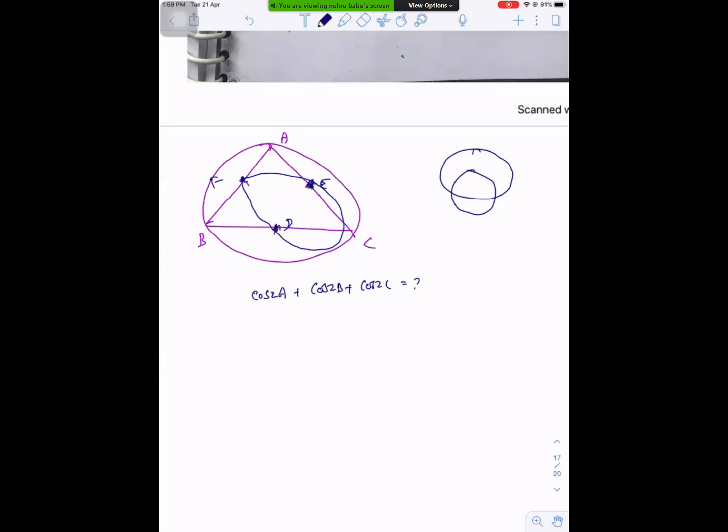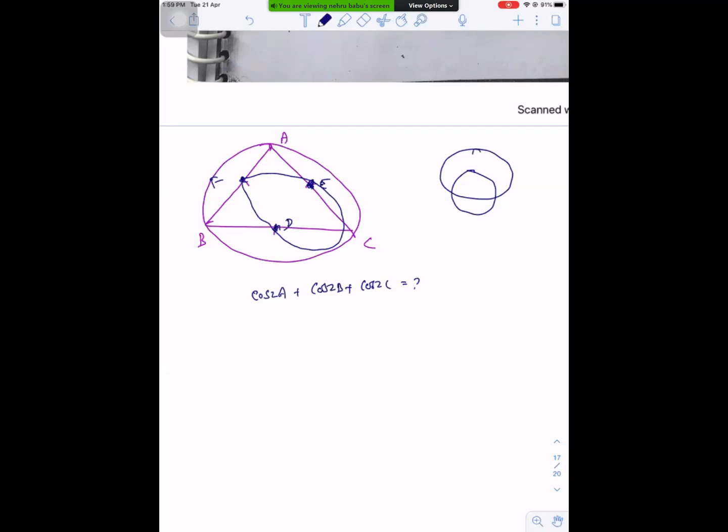Sir, the triangle has to be obtuse, no, sir? Which one? This triangle has to be obtuse. Here, whatever it may be, we are not thinking about that. You are saying diagram-wise obtuse is coming. Yes.